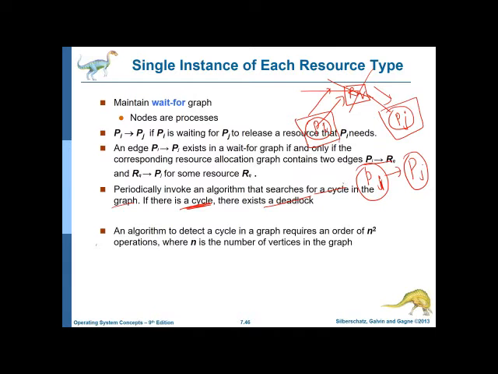So what is our aim here? Because we could not prevent a deadlock and could not avoid a deadlock, a deadlock has already happened. So the next thing is that if we have only a single instance of a resource like this, then we can detect a deadlock using the wait-for graph by looking at whether there is a cycle in the graph. That is the basic idea. Now suppose that n is the number of vertices in the graph, then the order of the number of operations will be n squared.